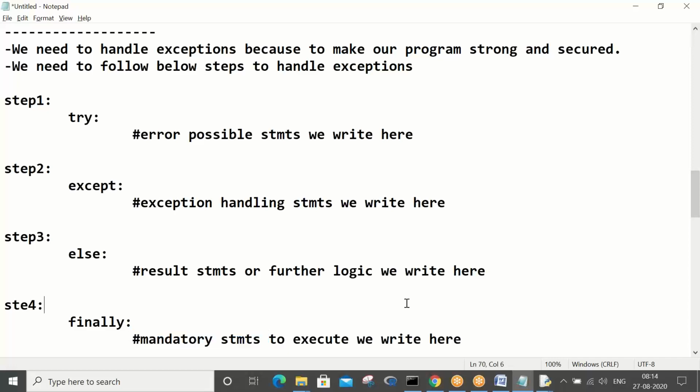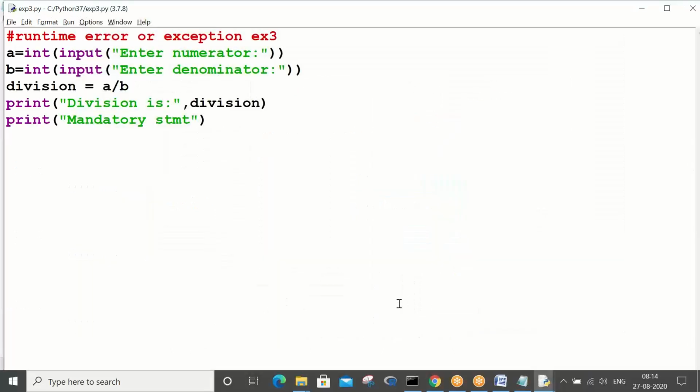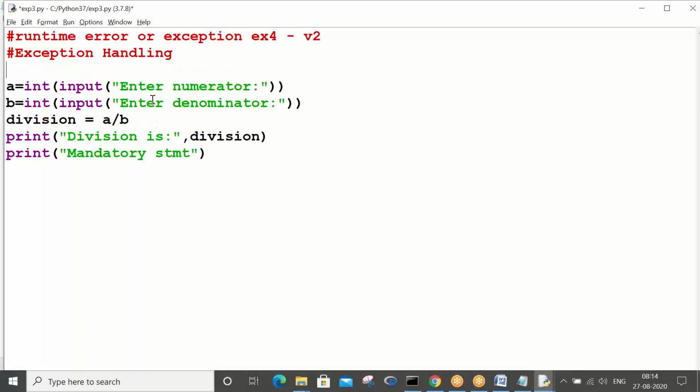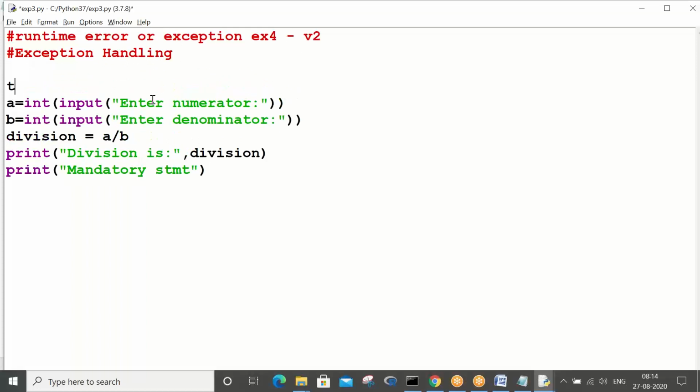Got it? So now call this program 4, version 2, exception handling ex1. Basically, try to start using the blocks.